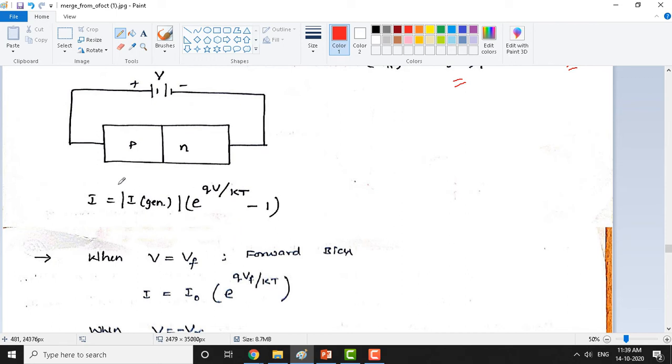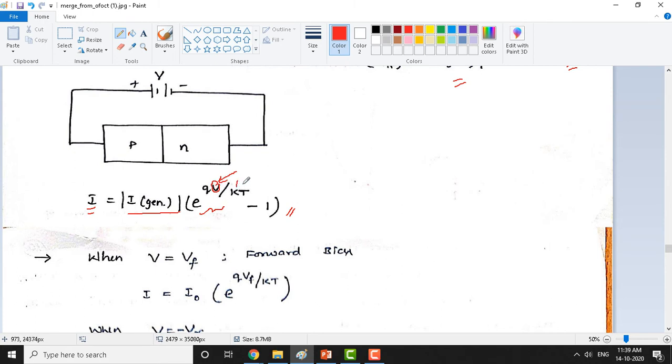So this is actually the current equation for the PN junction. This is a very popular equation, you might have seen it in basic electronics also. The current I depends on the minority current, which is the current flowing in the reverse direction, times e to the power of qV by kT minus 1. This is the diode current equation which you already studied. Under forward bias, if V is positive, this quantity will be very large for any positive value of V. Q times V by kT.